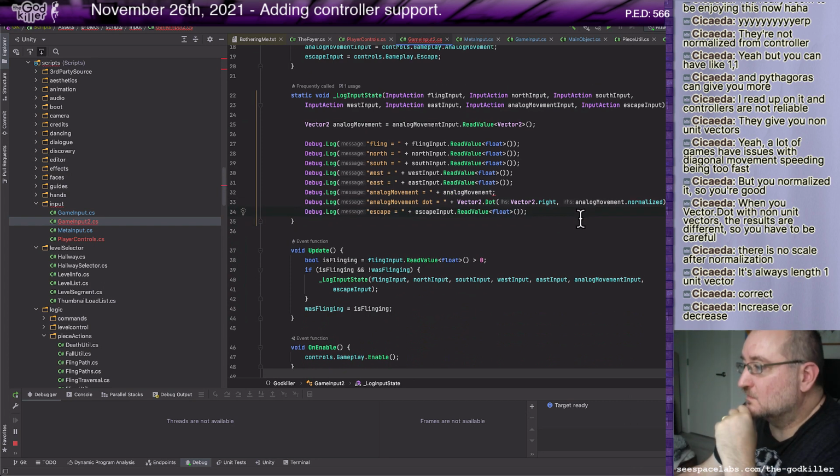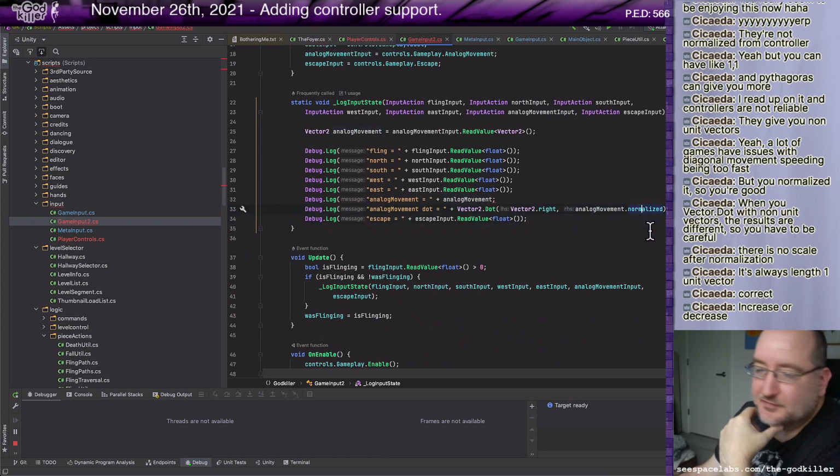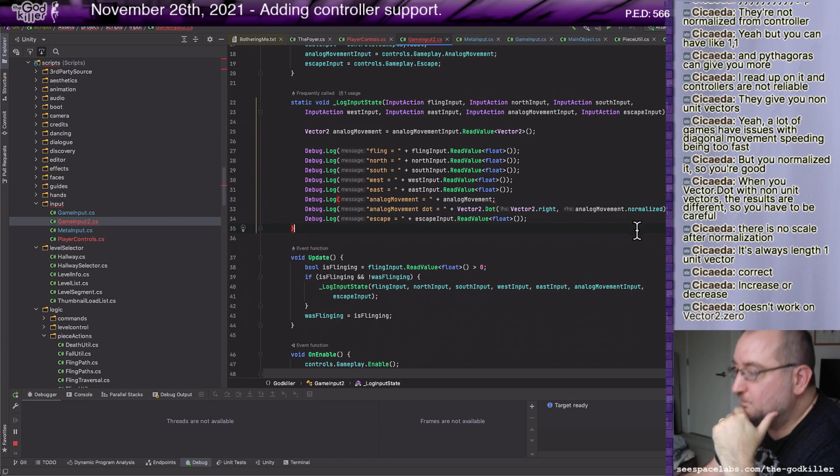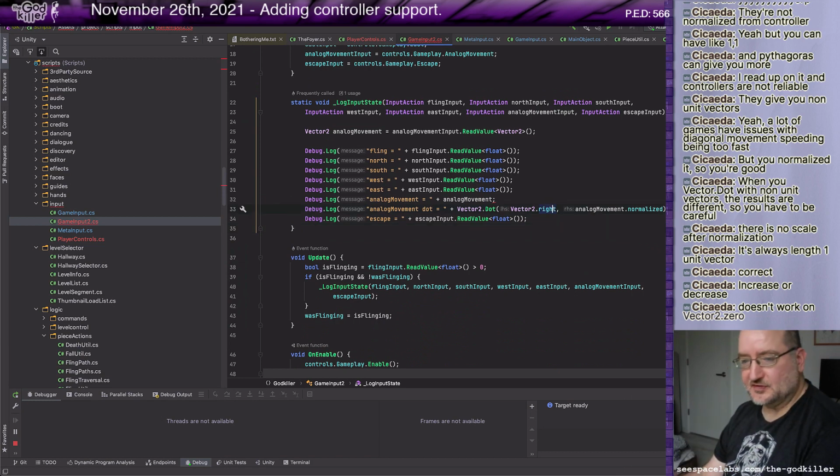Okay, so this should do the trick, even if the inputs I'm getting are already normalized, like maybe Unity was smart enough to do that. This is a totally safe operation to perform in either case. Okay. So I think we're ready to test this out and just see what it provides.